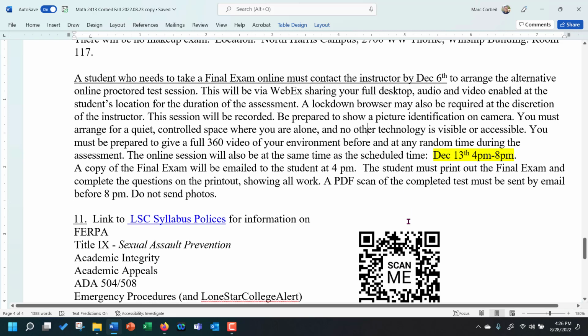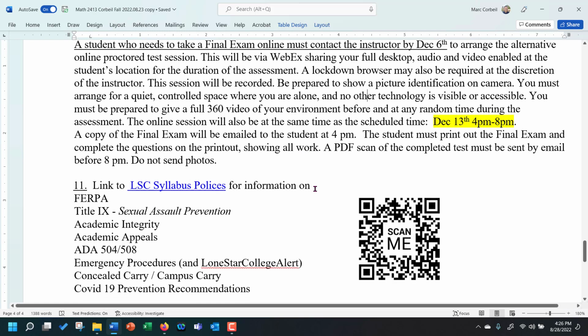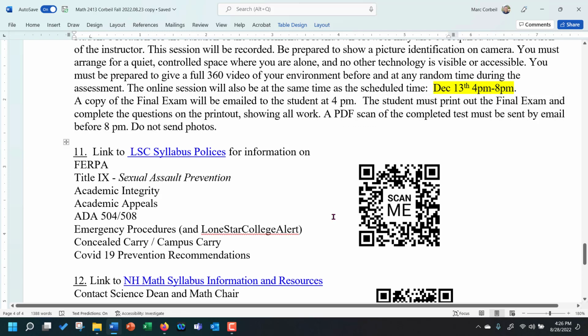You'll print out the final just like you did one of those PDF tests. You'll have it printed out in front of you, ready to go. I'll be giving that to you just before 4 p.m. on that date. So if you have any printer issues or anything like that, let me know, because like I said, it's going to be 20 pages long just because there's a lot of space in there. It's not because it's a long question or a long test. And then you'll scan that back to me and get it back to me before 8 o'clock. So you've got 4 hours, easy time limit. It's great. It'll be easy.